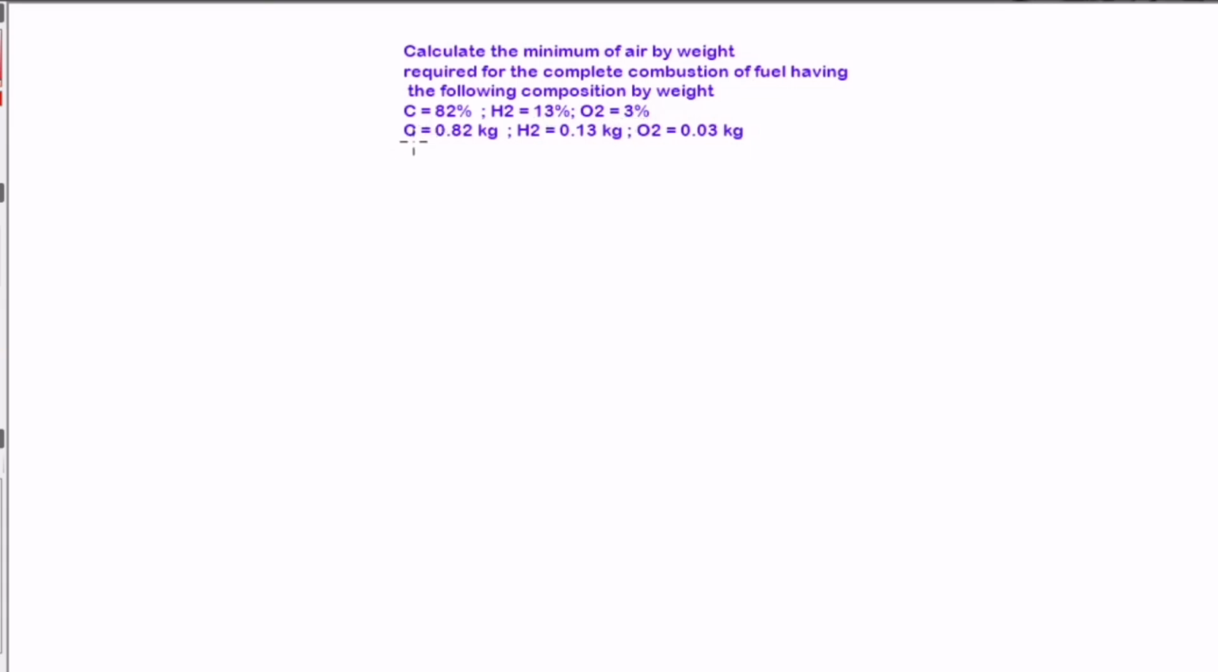So as I told you, convert it by weight, and that is given to us also. But note, if this is not given to us, you can generate it by just dividing this by 100 and changing it to by weight. So now we are finding the minimum solution. So for the minimum of air by weight,